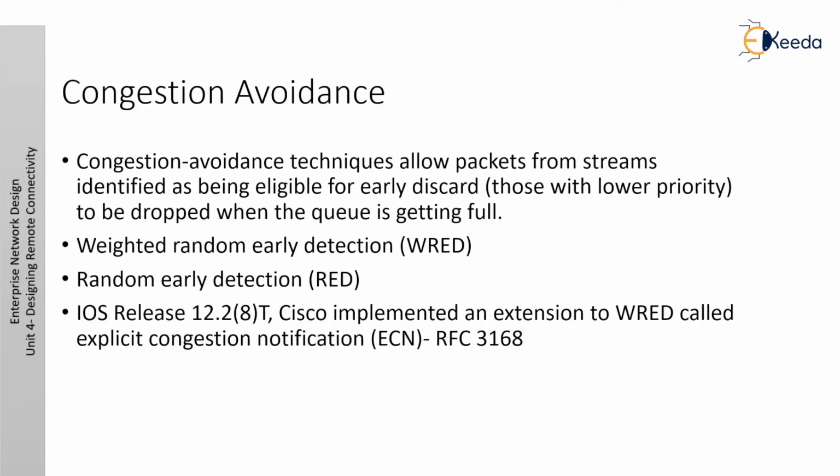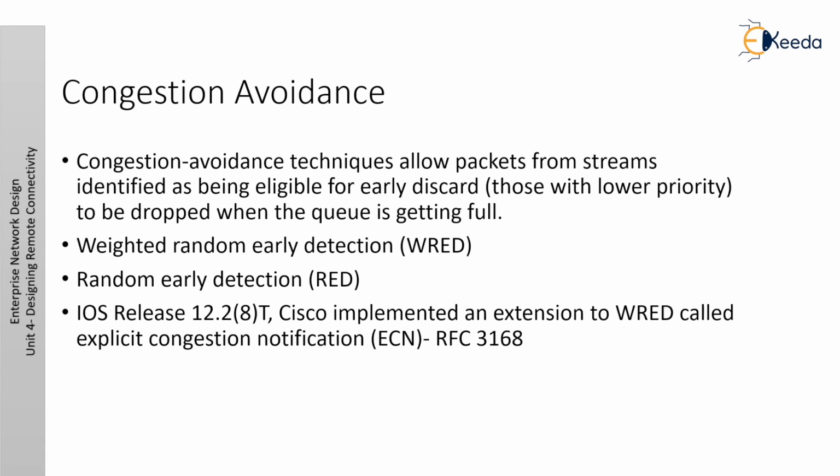Congestion avoidance. Congestion avoidance techniques monitor traffic loads so that congestion can be anticipated and avoided before it becomes problematic. If congestion avoidance techniques are not used on an interface, the queue becomes full. Packets trying to enter the queue are discarded regardless of what traffic they hold. This is known as tail drop. Packets arriving after the tail of the queue are dropped.